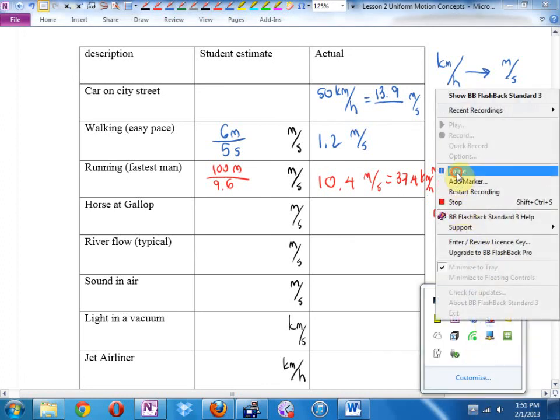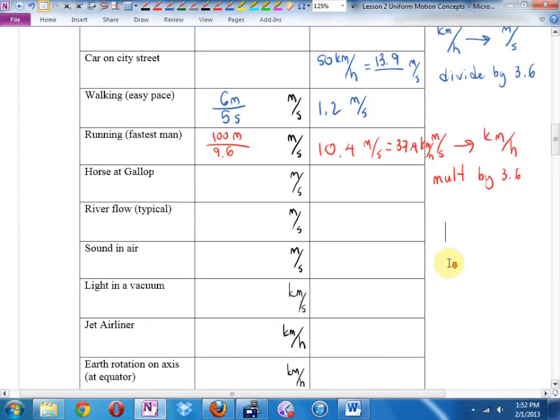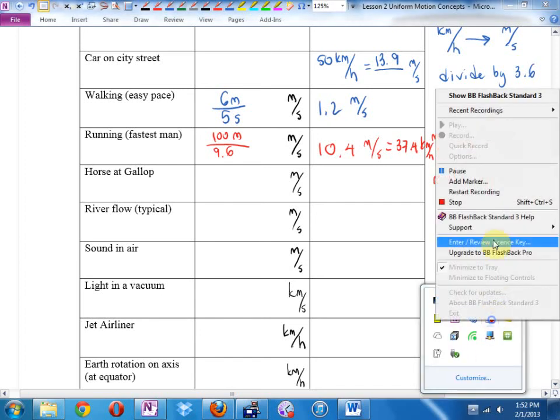I wonder. Horse at a gallop. 5 meters per second? Maybe. This one, unfortunately, I know in hang on. I know this in...